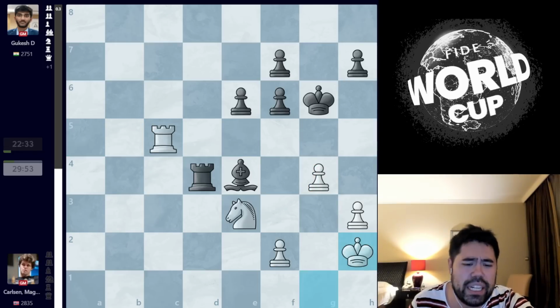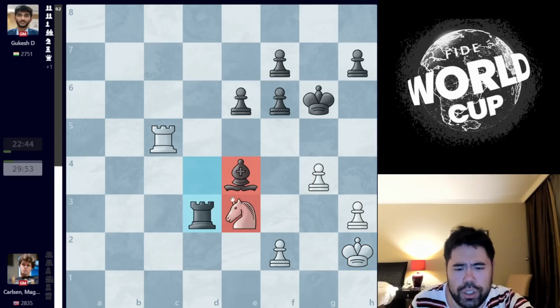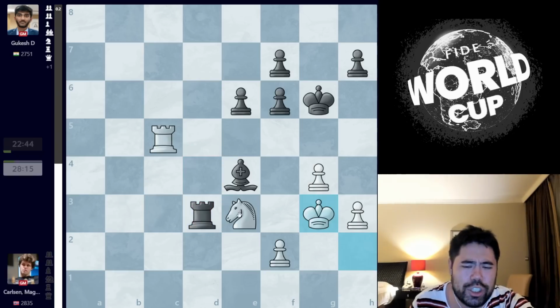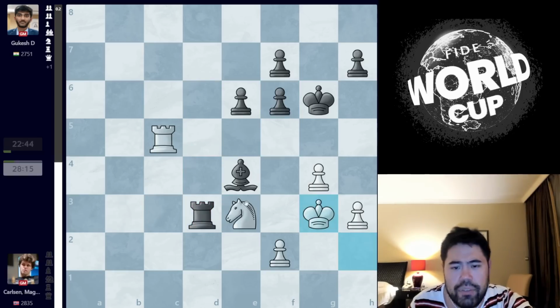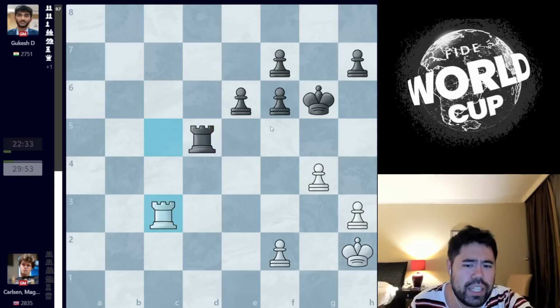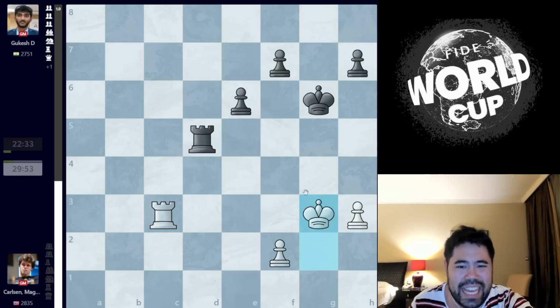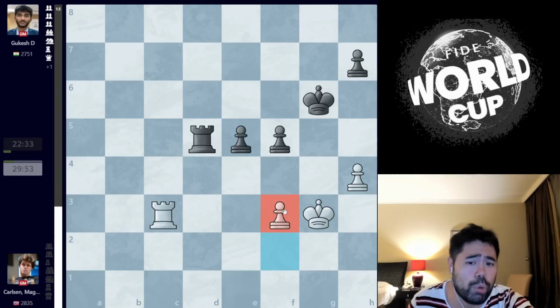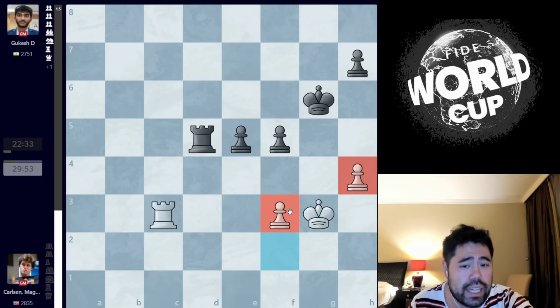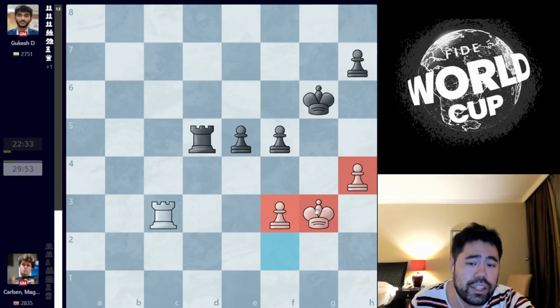Because in the game, what we get here is the situation where Gukesh plays rook d3, we get king g3, and now he plays f5. I would also add one other important note about this endgame: after bishop d5 takes f5, let's say you even get this endgame here with the 3-on-2. I actually had this endgame multiple times on the side with one less pawn in the Candidates in 2016. I had it against Peter Svidler. I drew in that one. I lost this endgame against Levon Aronian later on in the tournament. But this endgame with perfect play is a draw.